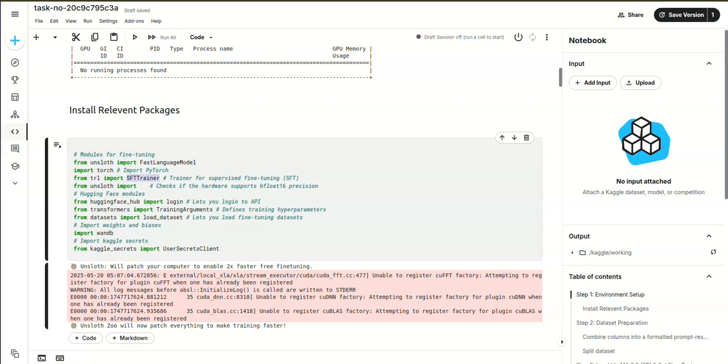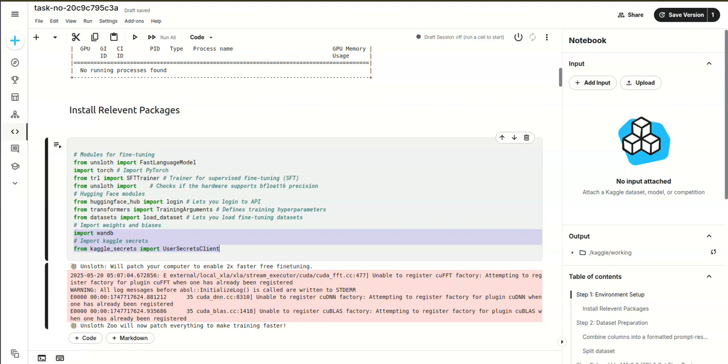These lines bring in tools from Hugging Face. The login method allows us to authenticate and access private models or datasets. TrainingArguments lets us configure training hyperparameters like learning rate, batch size, and save strategy. And load_dataset is used to pull datasets either from Hugging Face or locally for fine-tuning. And secrets. Finally, we import Weights and Biases, a great tool to visualize training metrics in real time.